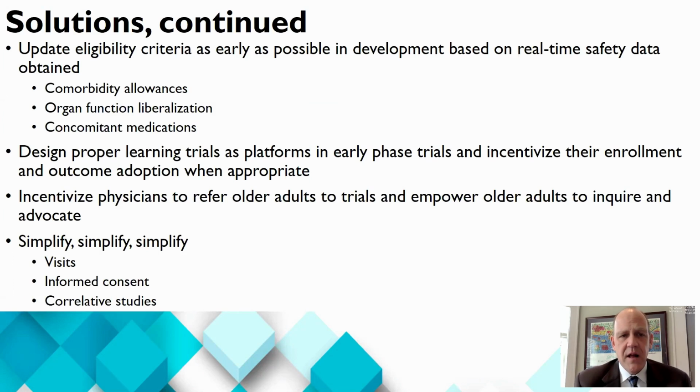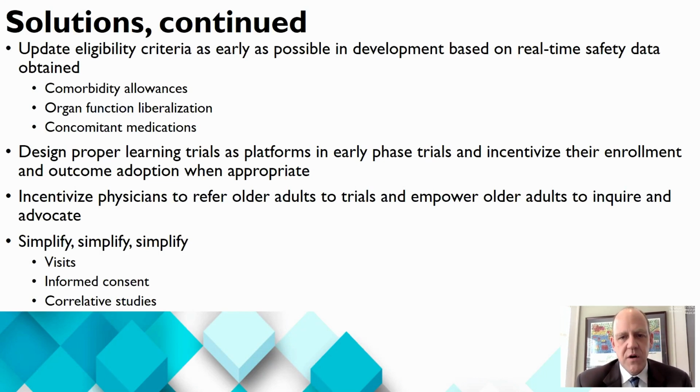And then people talked a lot about eligibility criteria, so I won't go into this too much, but we certainly need to expand them as early as possible within a given safety set. It still baffles my mind that we might have a novel monoclonal antibody that's very targeted, that we can predict what's the likely adverse event profile, and yet we mandate that patients have to have a creatinine clearance of 60 or higher. That doesn't make any sense from a pharmacokinetic and pharmacology perspective, and rarely makes sense from an adverse event perspective. And so, even just moving that needle would start to change the number of patients that could be eligible just from renal function. There are other aspects, but I think those are important things to consider.